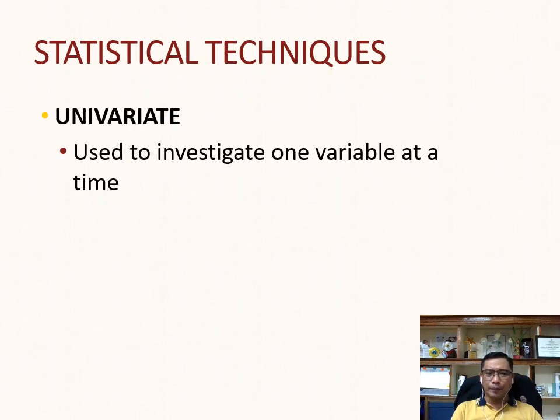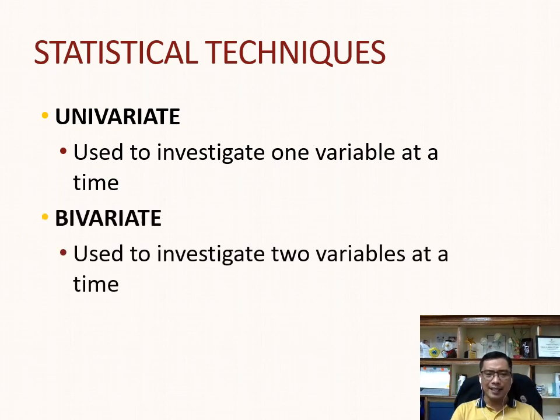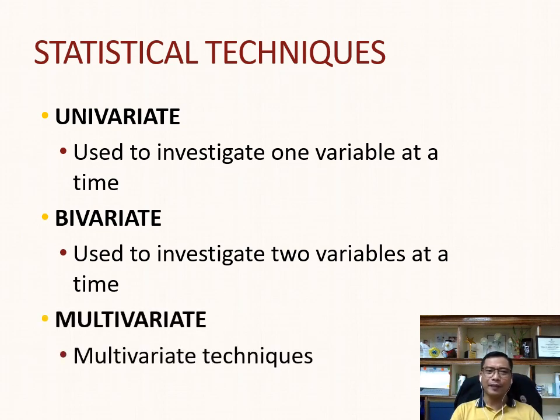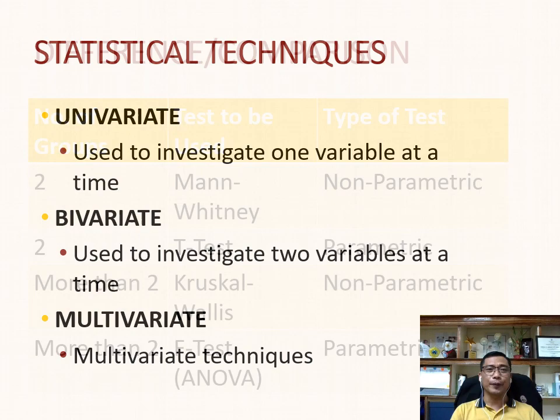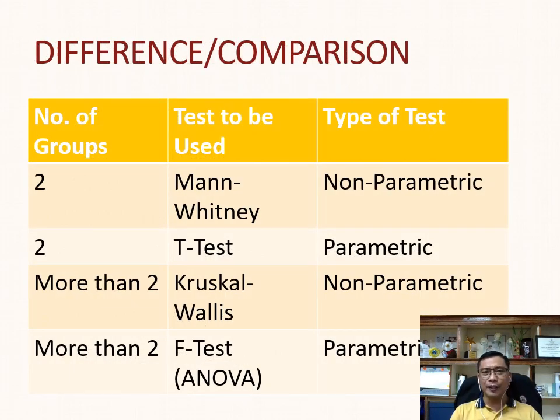Now, one consideration also is how many variables are involved in your study. If it's just one variable at a time, you may have many variables, but you do not make an attempt to cross one variable to another, meaning you would just be investigating one variable at a time. It's just univariate statistical analysis that you would be doing. If it's two variables at a time, it's bivariate, multivariate if it's more. Now, why is it important? It's because the type of test would also be dependent on the number of groups and the test to be